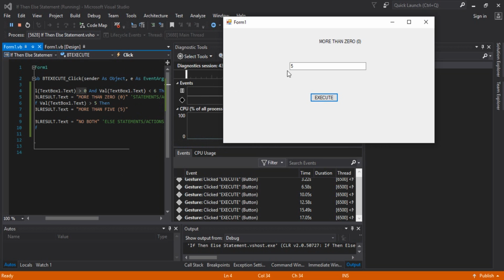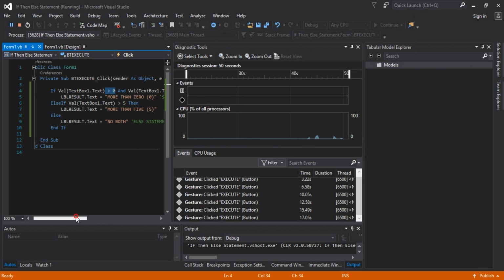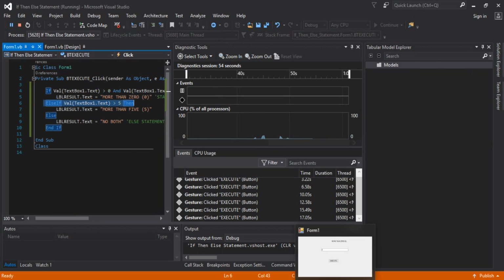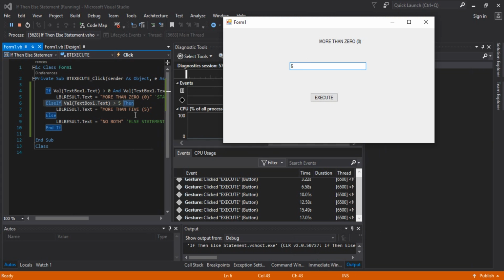But if I change to 6, the program will try to see any condition that matches. Okay, so the condition is more than 5. This is more than 0 here. If I change this value to 6, it will give me the more than 5 result. I will click execute, guys. You can see now my code is right,